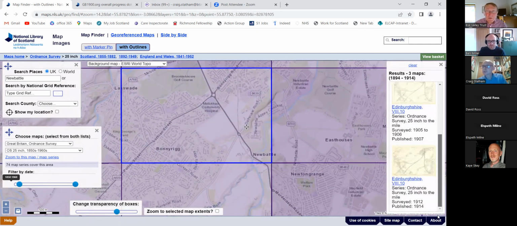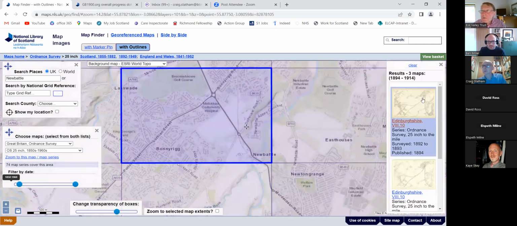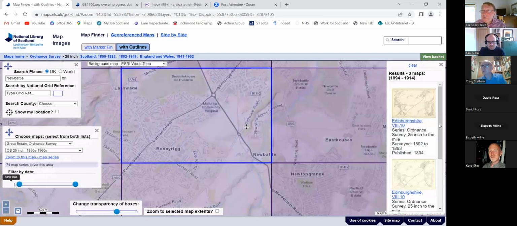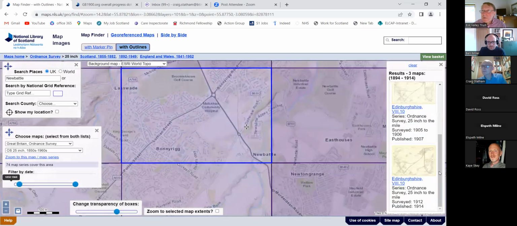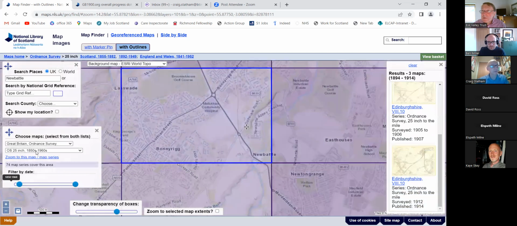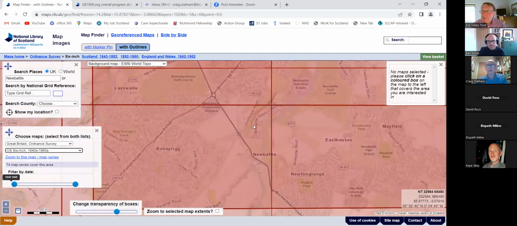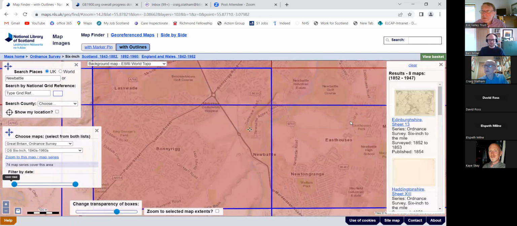I can choose any of these maps here for 25 inch to the mile. So there's a 1892 map, there's a 1905 map, and there's a 1914 map. I wanted to show you something specifically that was on the 6 inch to the mile map. So I'm going to jump out to 6 inch to the mile, and then I'm going to go on there,